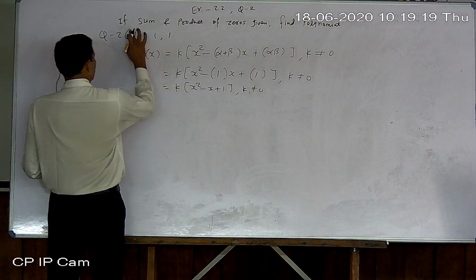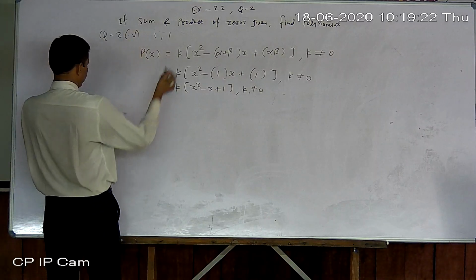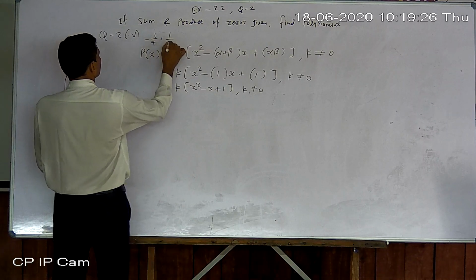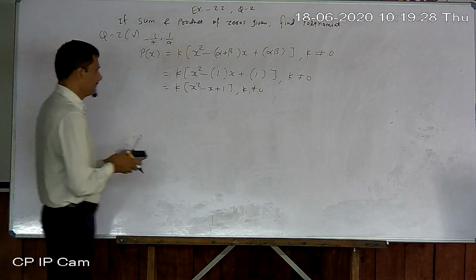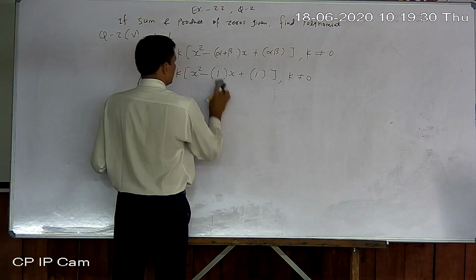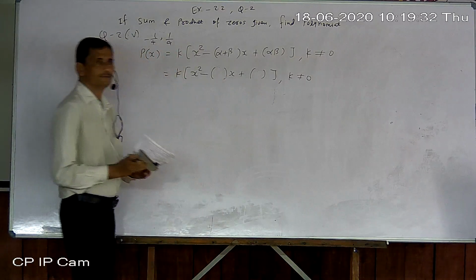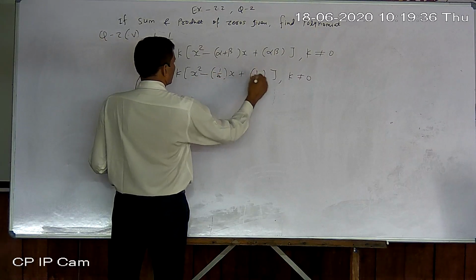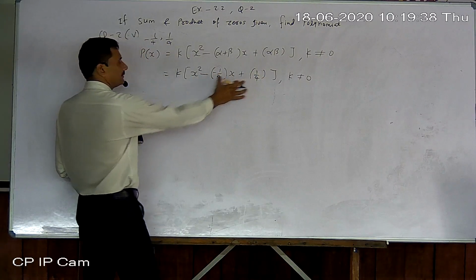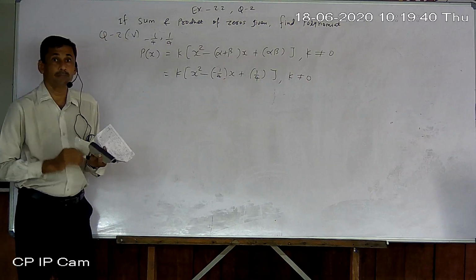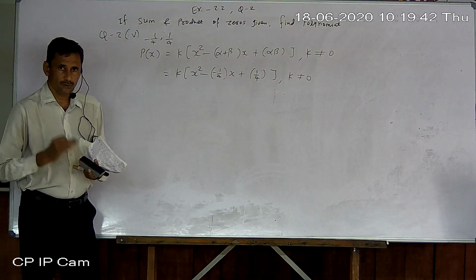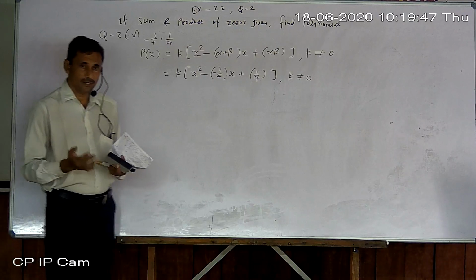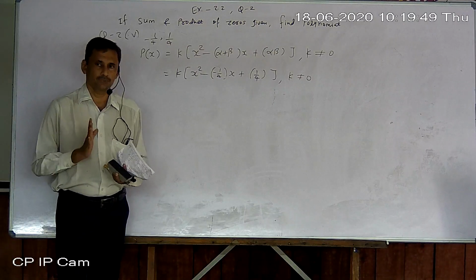Minus 1 by 4 plus 1 by 4, fifth sum. Again, the only sum is minus 1 by 4, and you have to place that value in brackets only. Keep in mind, values are always placed in brackets in mathematics.